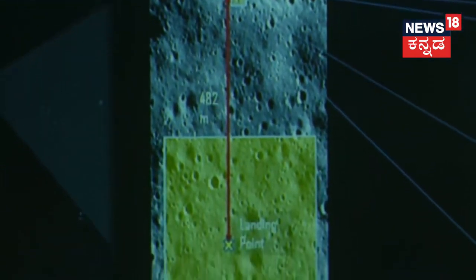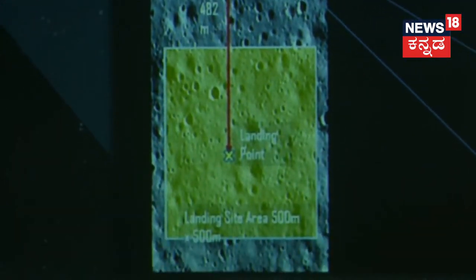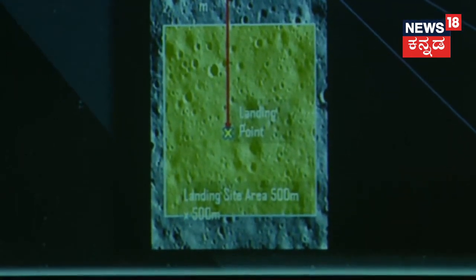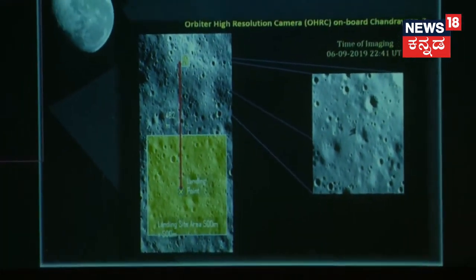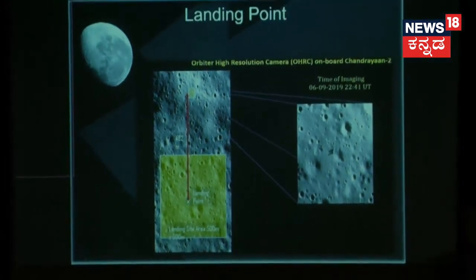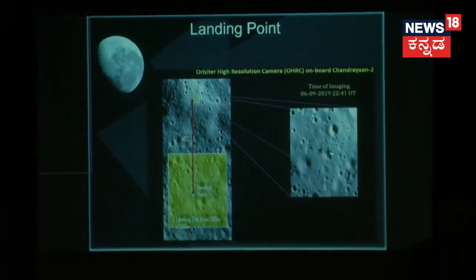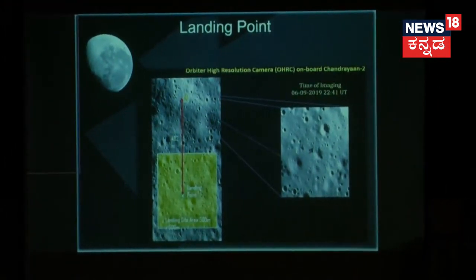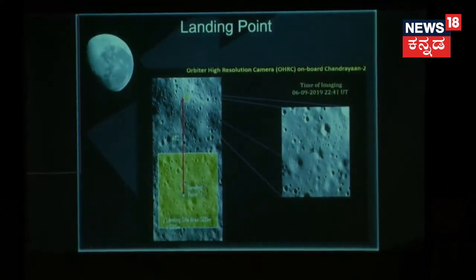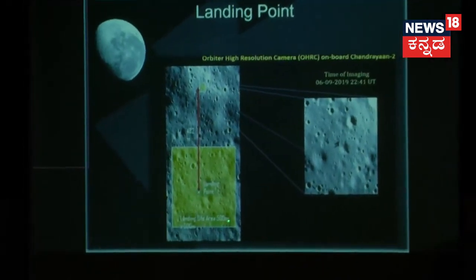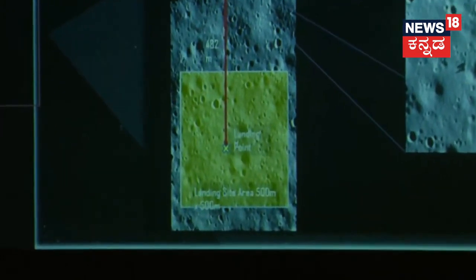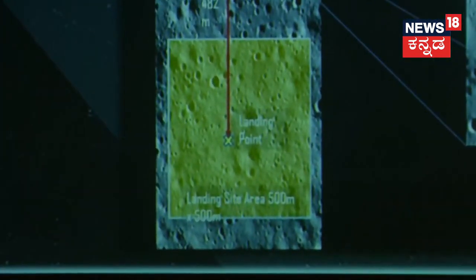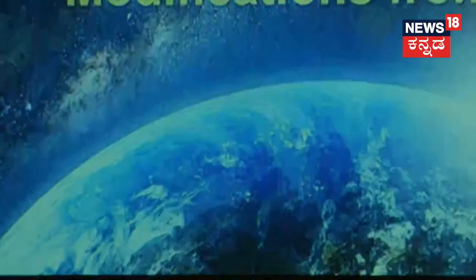This is an image from the high resolution camera on board the Chandrayaan-2, which took this image. Hopefully we will be able to take images later as well. The lander actually crashed at a location very near a crater, but still a safe location if it had been a good landing. But this landing point was only half a kilometer by half a kilometer in size. Now we have made certain modifications to handle these problems I mentioned, and I will explain to you how we are overcoming them.